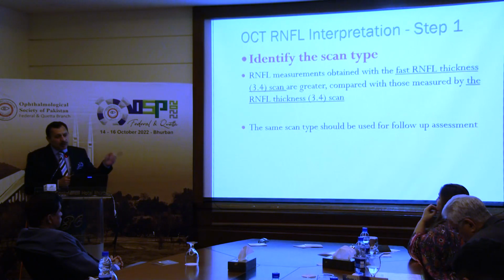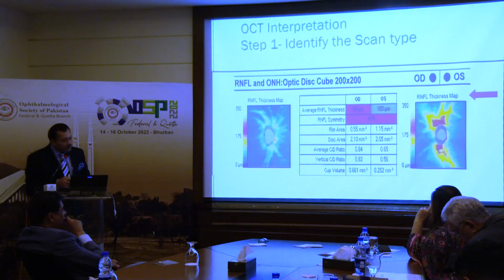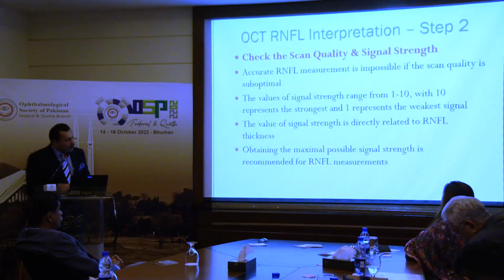तो पहला स्टेप ये है कि आप स्ट्रेटजी आइडेंटिफाई करें कि कौन सी है, क्योंकि आपने बार बार वही करवानी है। दूसरा स्टेप क्या है, ये देखें, इसके अंदर RNFL थिकनेस मैप आ गया, तो आपको पता चल गया कि आइडेंटिफाई कैसे करना है। उसके बाद अगली चीज़ आ गई OCT इंटरप्रिटेशन स्टेप 2, चेक दी स्कैन क्वालिटी एंड सिग्नल स्ट्रेंथ।